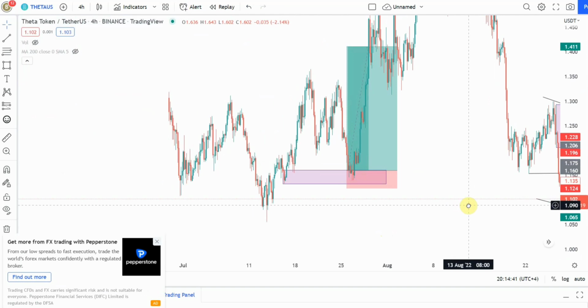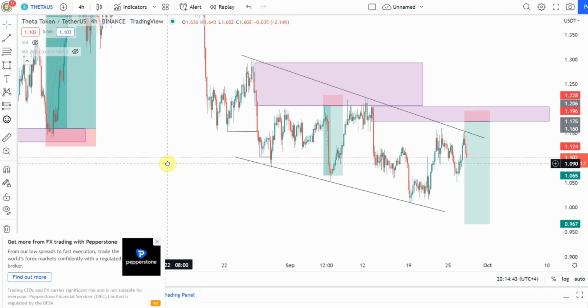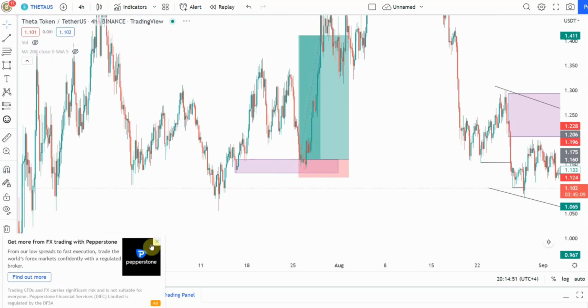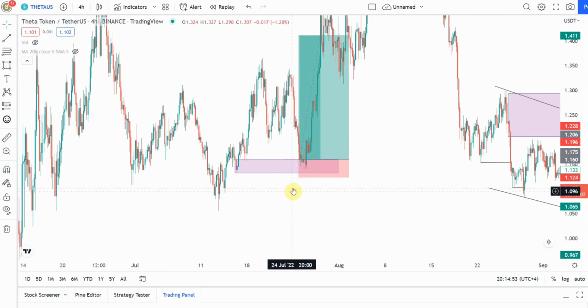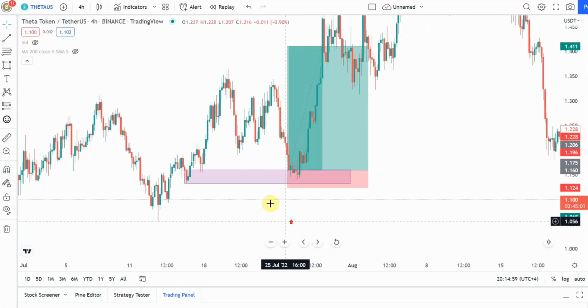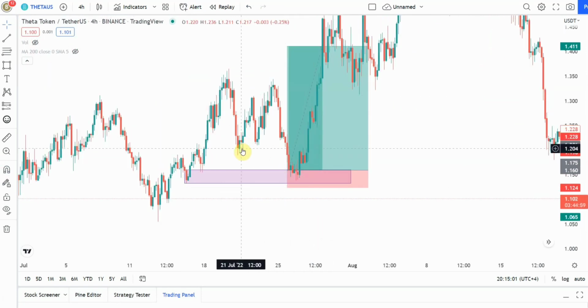Now let's start from a bullish order block first. Now this is a bullish order block. Why is this a bullish order block? First of all, you have to have